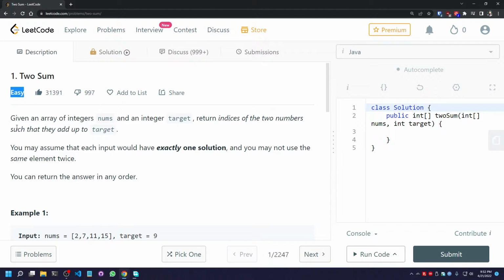The question is like this: given an array of integers nums, we will get an integer array named nums, and we will also get an integer variable. The name of the variable is, let's say, target. What we need to do is return the indices of the two numbers such that they add up to target. They have also told us that